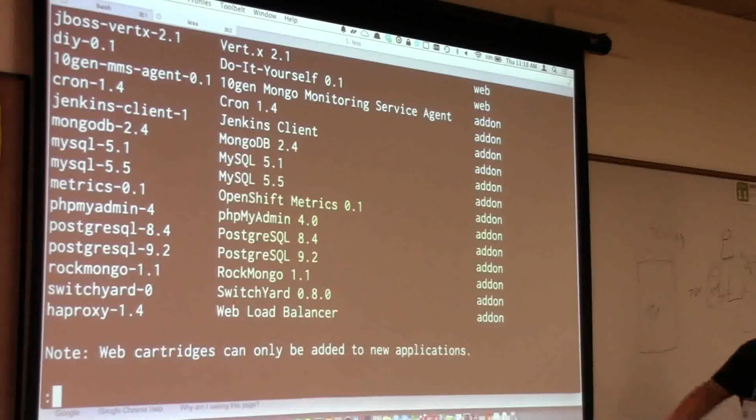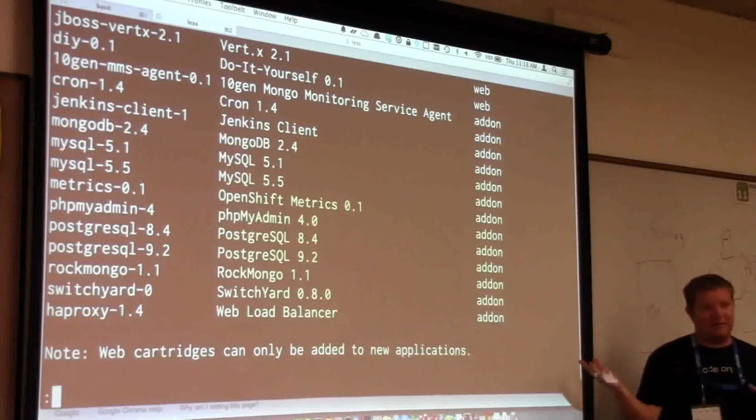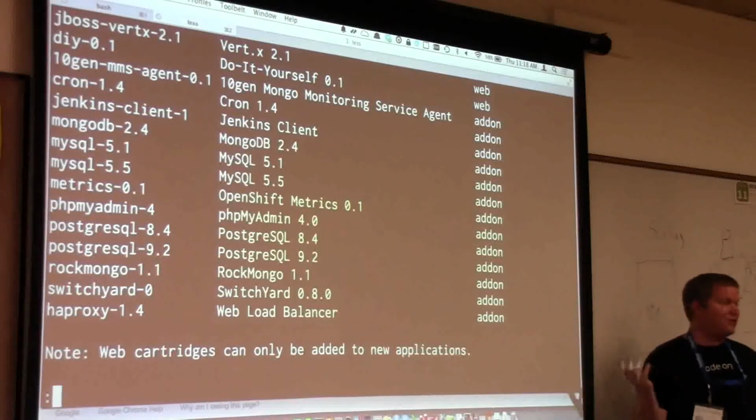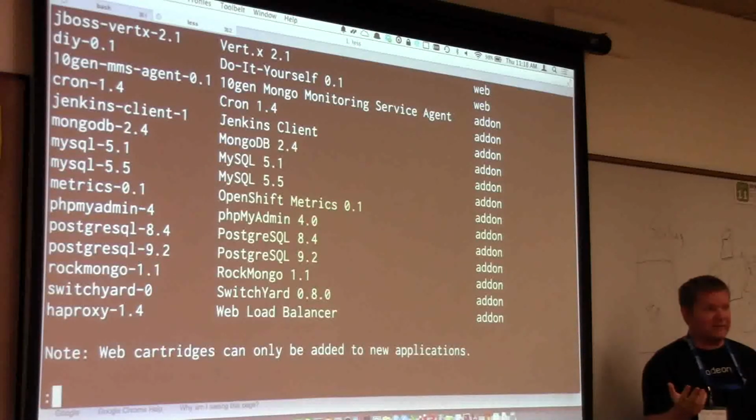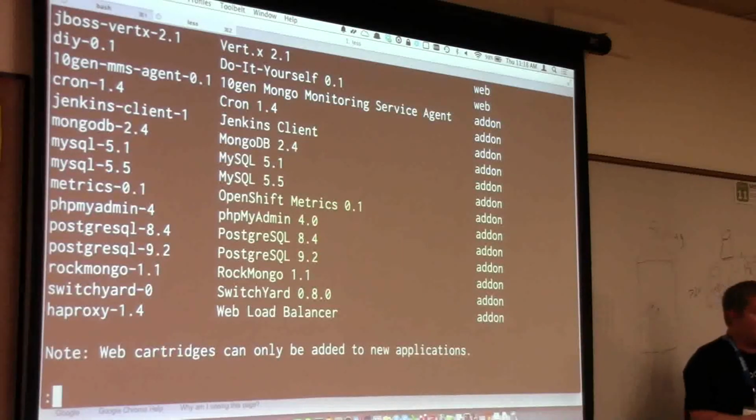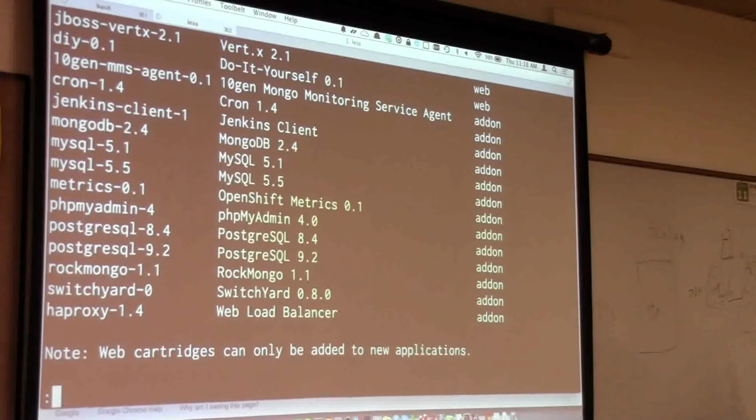I forgot to mention the best thing about OpenShift, even the online version, which I've been using, is that it's completely free. We don't charge for it. You can spin up to 3 servers for free. The only thing we ask for is your email address and a password. We don't even ask for your first name or anything like that. And then obviously we have paid plans on top of that if you actually need to call support. If something goes bad, you call us up.